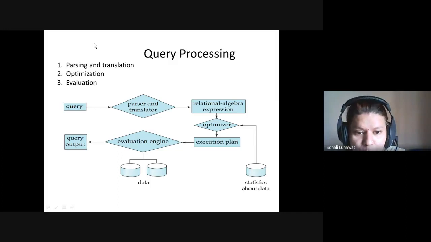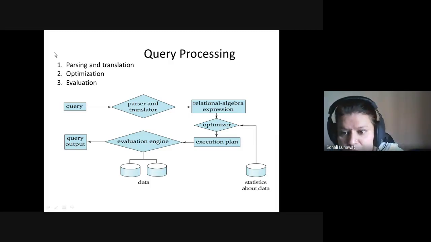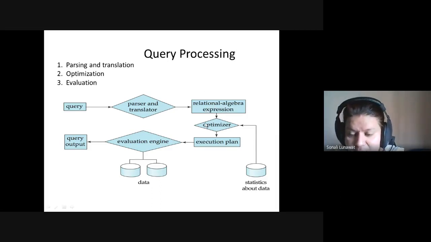Same thing in a query also: you write a query and the parser and translator parse the query so that your query is written in correct form as per the requirement of the syntax, and it translates the query into relational algebra. Now relational algebra is one more chapter, where you will see the machine coded form of the query that has been written. Then the relational algebra expression is written for that specific query, and then it is sent to the optimizer.